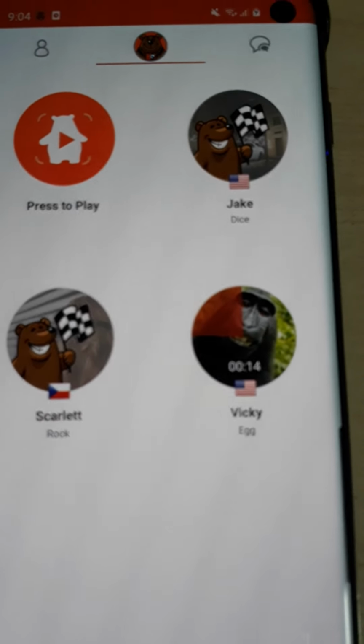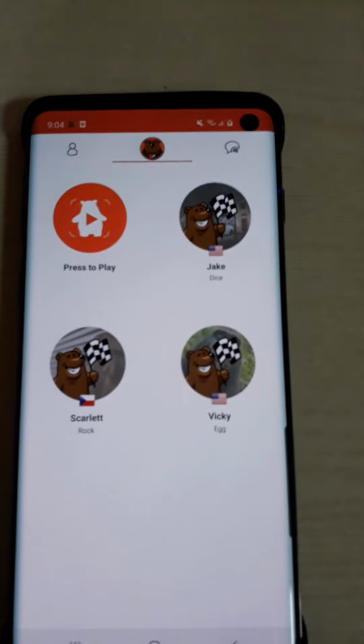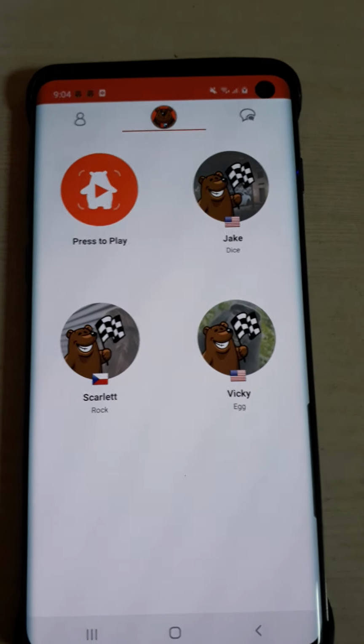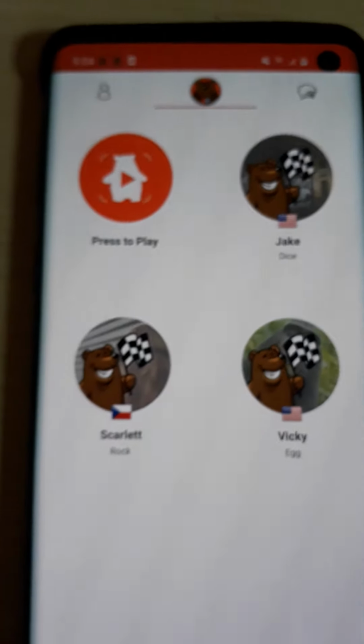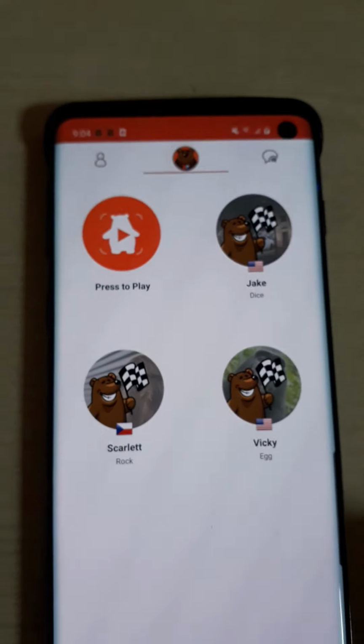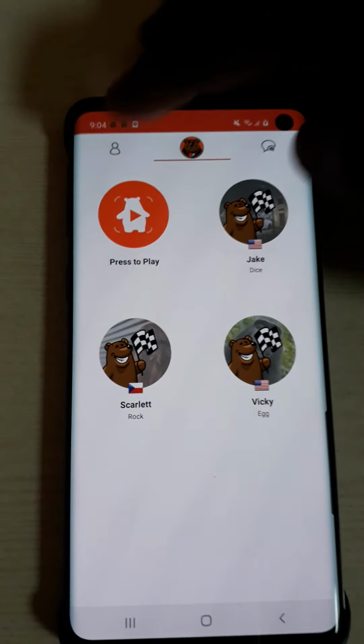Okay, you can see that there are my three opponent users, and we need to show a country flag on the basis of their locations. You can see Jack, Vicky, Scarlett. So for these country flags we need the user's location. And one more use of this is when